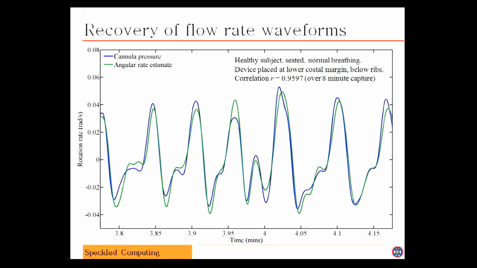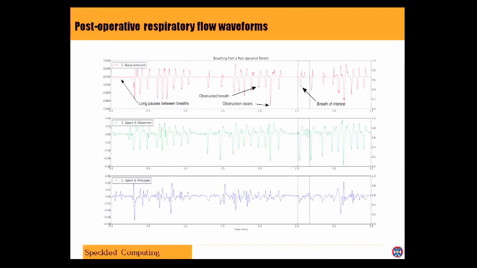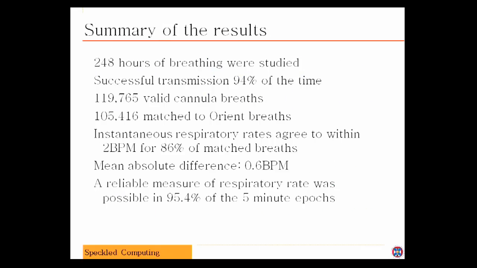For instance, you have the cannula, which is blue in this case, and then in the green you have the angular rate, which is estimated by the Spec device. That seemed like an interesting thing to do, and then we ran a number of clinical trials with Gordon Drummond, and we got some good results there, which let us progress further. I'm kind of running ahead of myself.